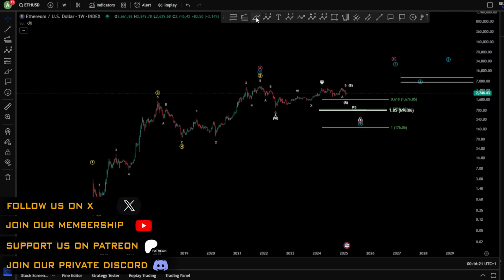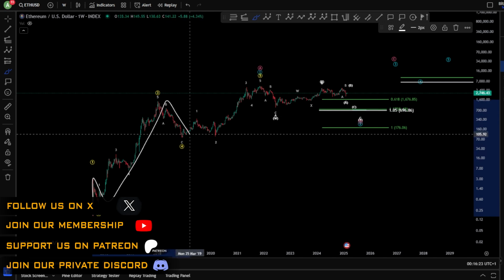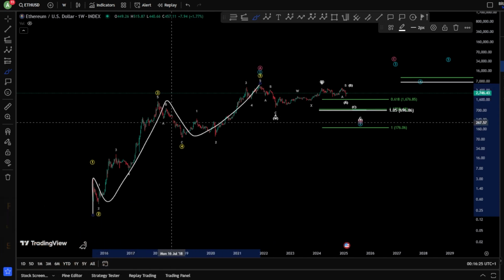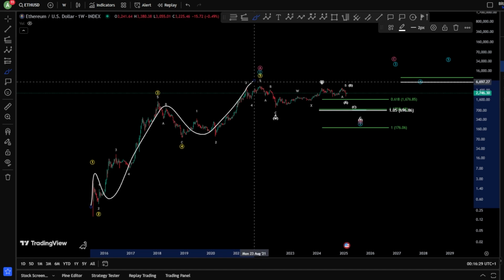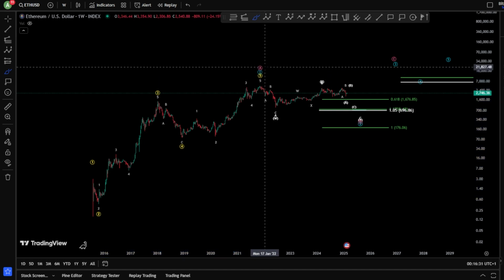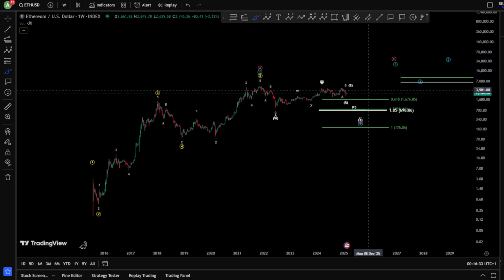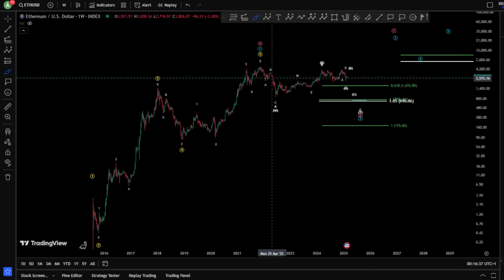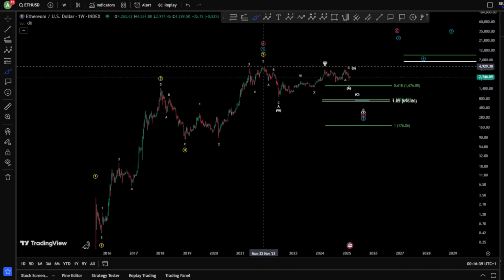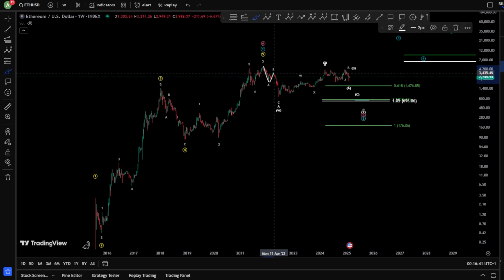Starting on the weekly chart here, we are in waves 1, 2, 3, 4, and a 5, finished, of course, an impulse toward the upside for the whole cycles in the all-time history for Ethereum. We have finished a wave 1 in the blue count or a wave A in the magenta. And of course, the magenta is your bearish scenario where you would like to seek a correction, of course, after